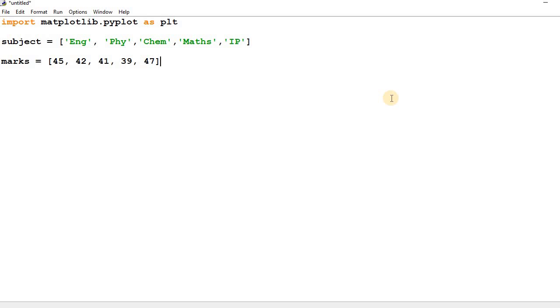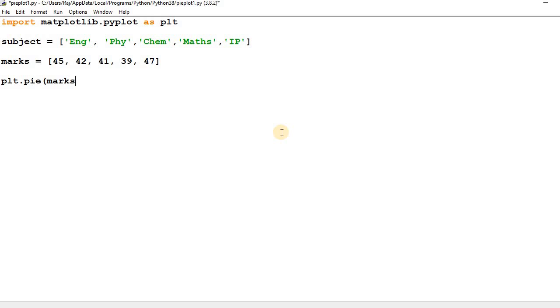So I want to create a pie plot on the basis of these data values. You have to use plt.pie and then open the pie function. In the pie function we have to pass the marks secured in different subjects.